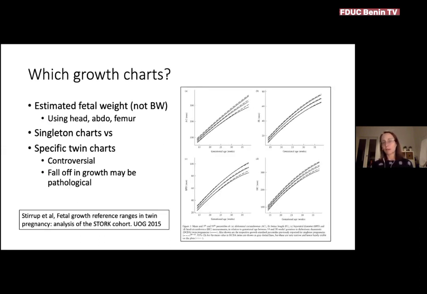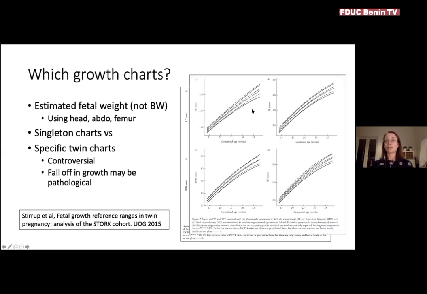So this is one example of twin charts from a group in the UK that were published in 2015. And these are the individual biometry measurements, and you can see the dotted line on each chart is the average for singletons, and the darker line is the average for DCDA twin pregnancies, and you can see that the twin pregnancies fall off slightly, particularly after 30 weeks for each of the 4 biometry measurements. And exactly the same pattern occurs with monochorionic twins, where the growth of each parameter is reduced in twins,